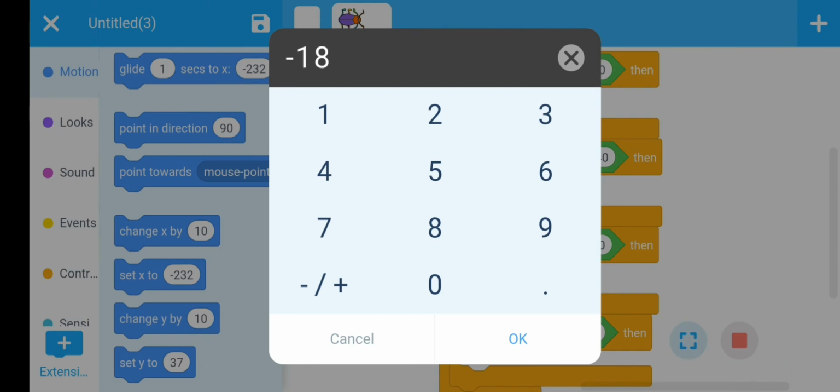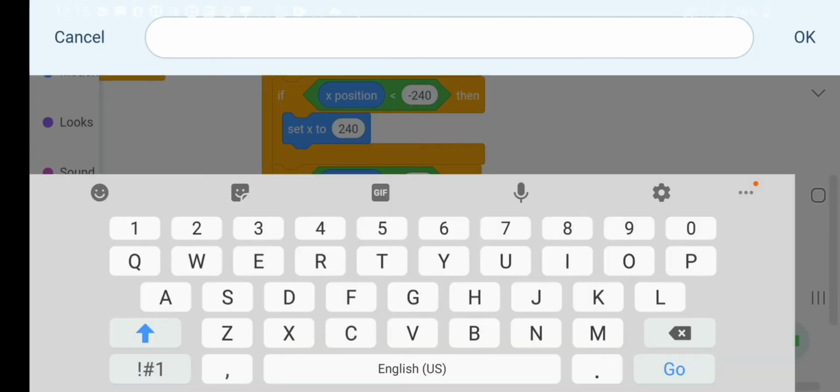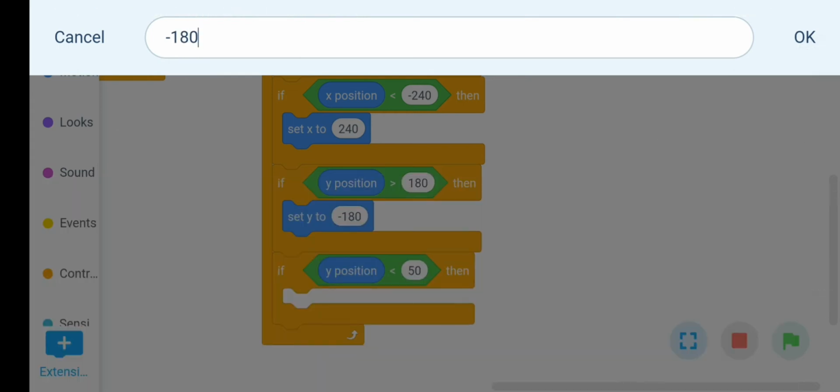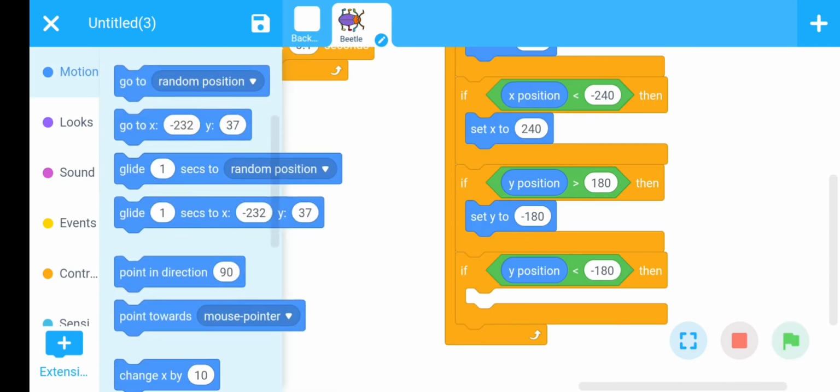Same, if it reach with minus 180, then start with plus 180.